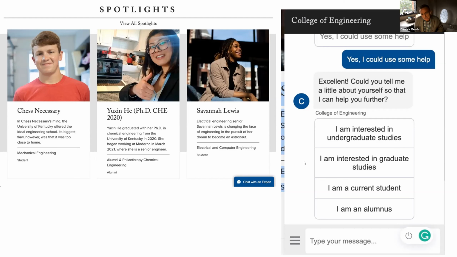I usually log in maybe once a month or so just to see what's going on. It's kind of fun confusing whoever's answering the chat bot if there's someone there. If there's no one there, the chat bot kicks in and it kind of clicks you through this process of getting information. So I did a quick screenshot.